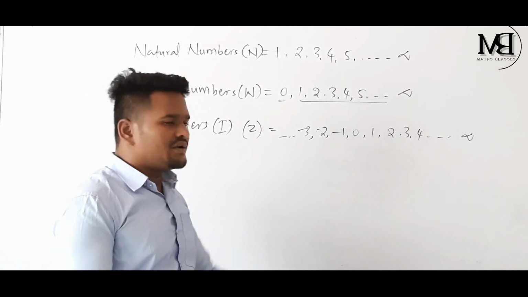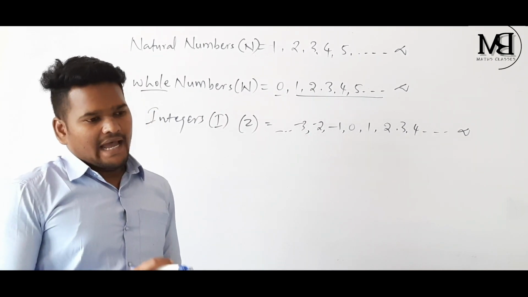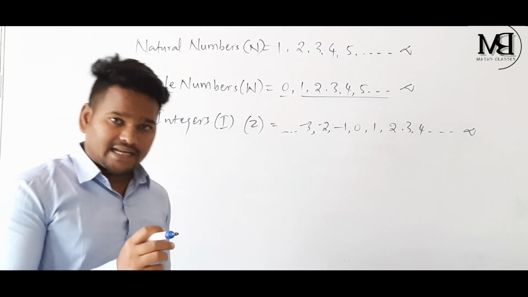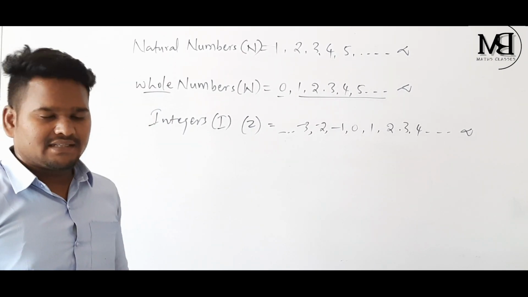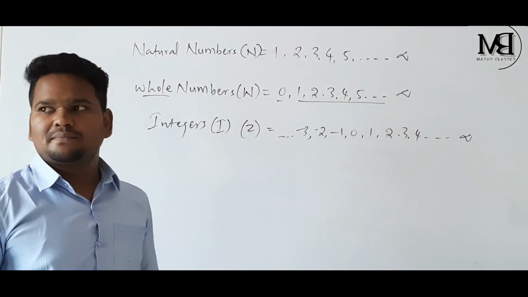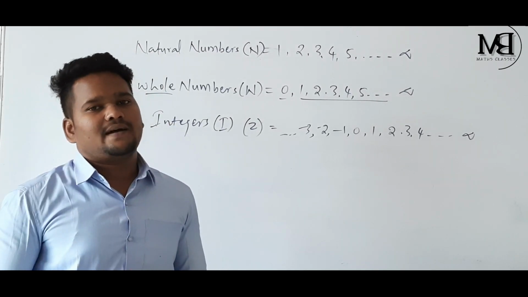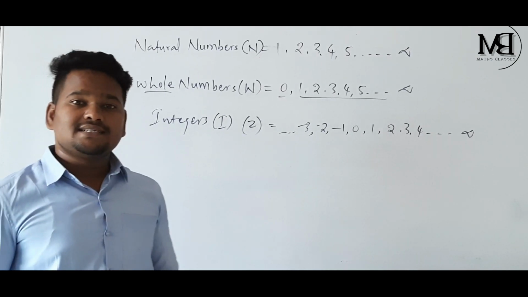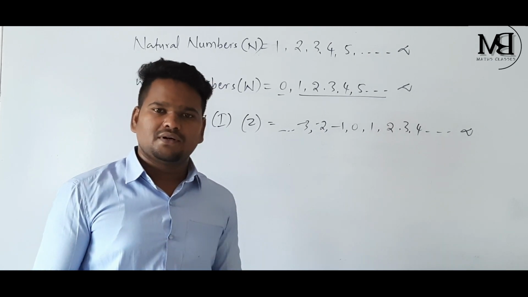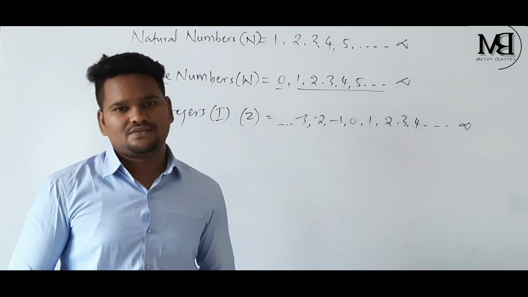If we discuss this 0 for a while, actually 0 was firstly invented by the Mayans as per records. But in our India, 0 was invented by the famous mathematician Aryabhatta. And another famous Indian mathematician, Brahmagupta, in his Brahmagupta Siddhanta mentioned that 0 is neither positive nor negative. So 0 plus positive numbers gives positive, 0 plus negative numbers gives negative.